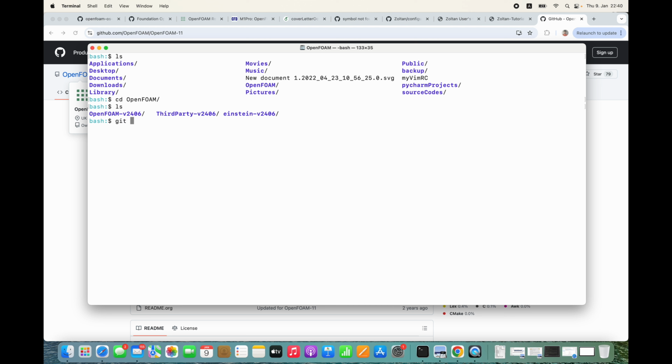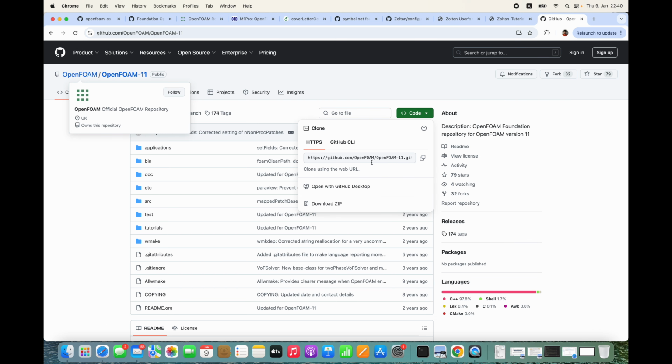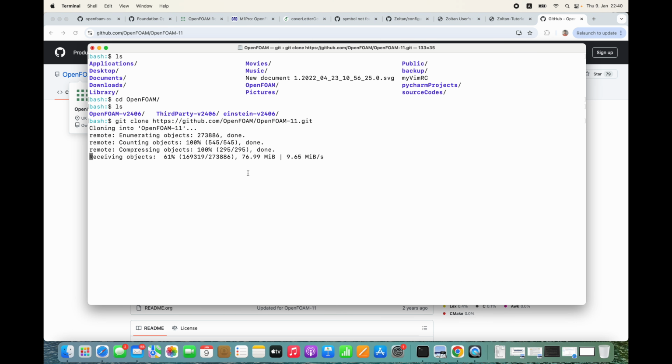So here I'm going to say git clone, and I'm going to put that link, which I copied a second ago from here by clicking on this. It says copy URL to clipboard. So it's going to download OpenFOAM. And by the way,